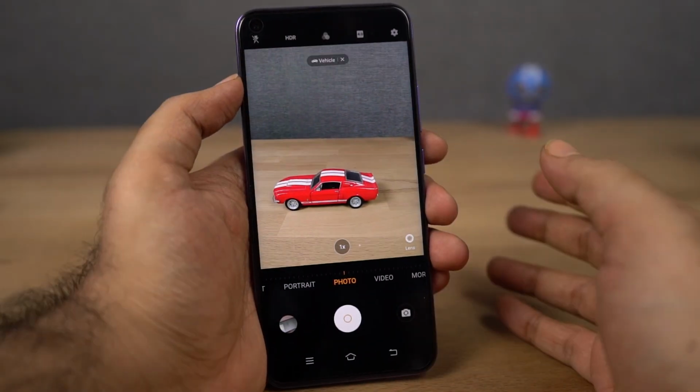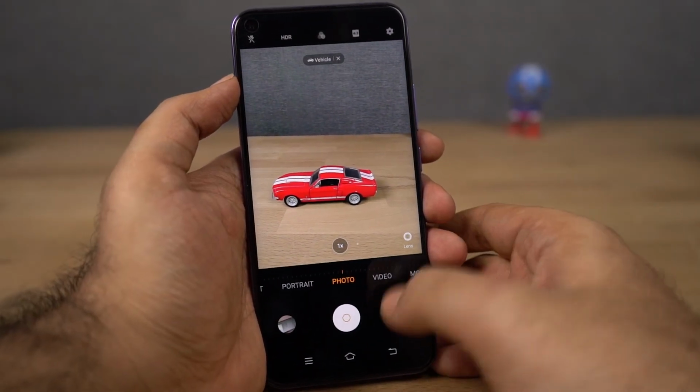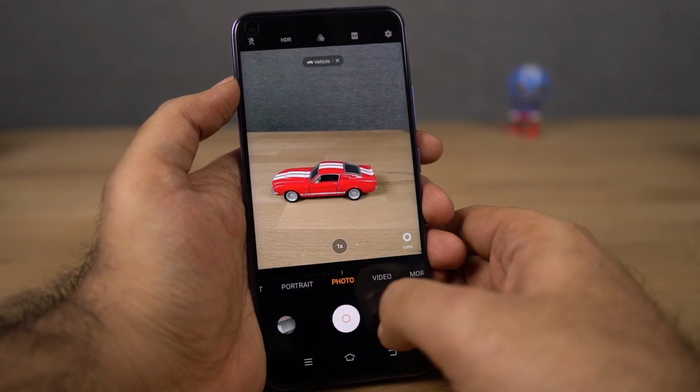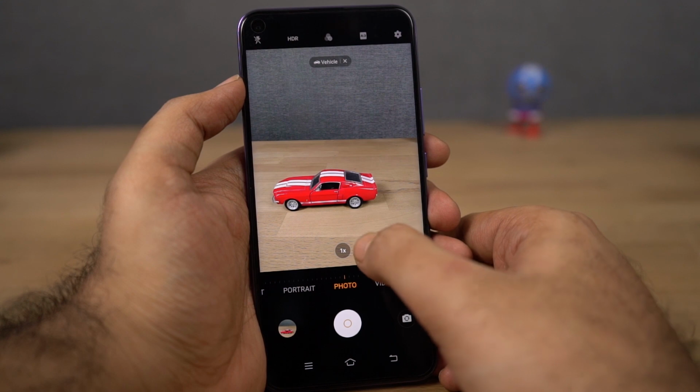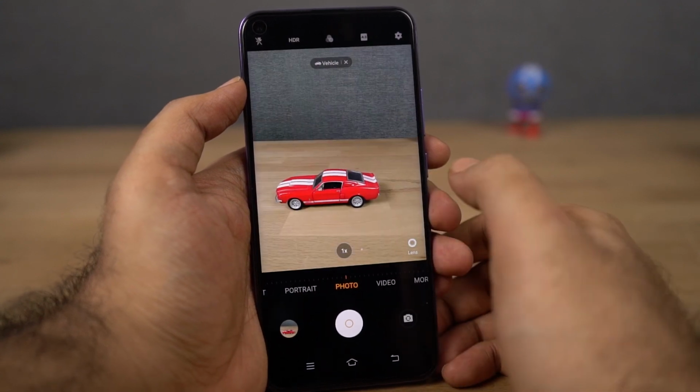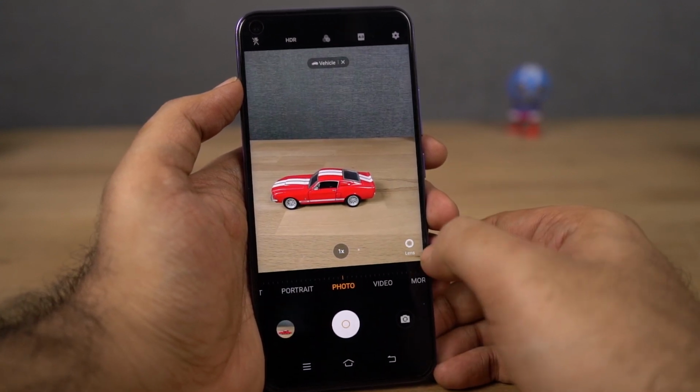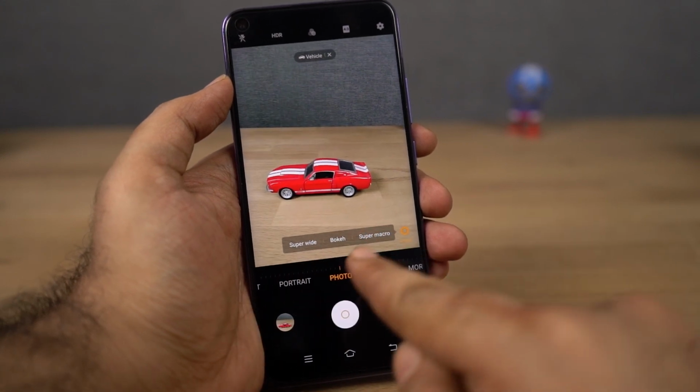Now with that said, first I want to start off with the camera related features. So here's the camera application and this is the default interface. And right now we are using the primary camera and just click it to take a picture. Over here we have the toggle for 1x zoom and 2x zoom, but these are just digital zoom, not optical zoom. And over here we have another toggle for lenses, which allows us to switch to the super wide angle